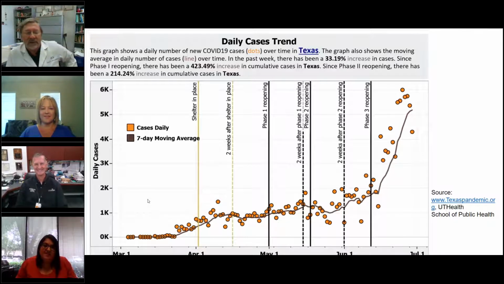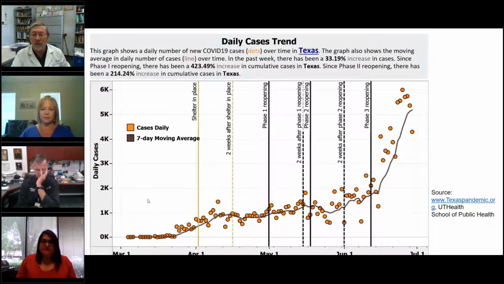Okay, so I'm going to start off just kind of updating everyone on where we are as a state. I think it's not news to anyone that things have not been looking good now for the last few weeks. And this is summarized in this graph, where the daily number of cases are plotted as round orange circles, and the moving average over 7 days is the line that goes through them. And what we have here is also as a reference point, because this goes from March until basically today. What we have are the different lines that reflect the different actions that were taken along the way as a state. So for example, toward the beginning of April began the shelter in place because cases were rising,